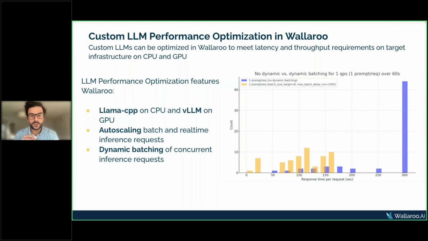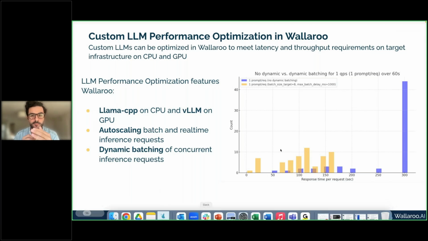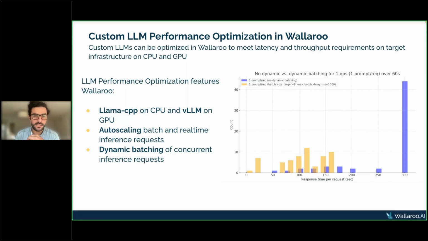as well as auto-scaling techniques to make sure that you're utilizing the infrastructure effectively and minimizing cost, as well as one of the famous techniques that we are launching in the next couple of days around dynamic batching, especially for concurrent requests, where you're holding the request to ensure that you're utilizing whatever infrastructure you have available efficiently without creating unnecessary queues and reducing the performance of the LLM-enabled application. So with that, if you don't mind going to the next slide,